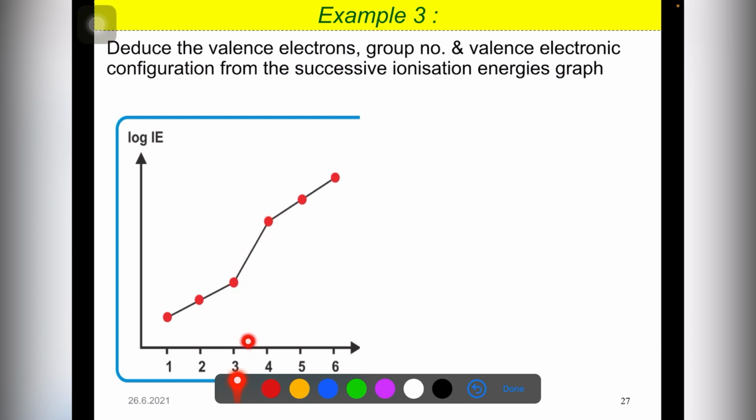It occurs between the third electron and the fourth electron. So it shows that these are the valence electrons or outer electrons. It shows that this element has 3 valence electrons and it is located in group 13. And the electronic configuration